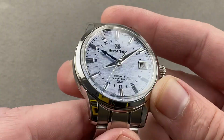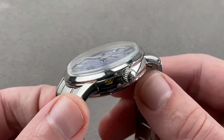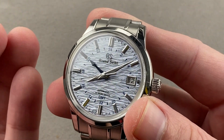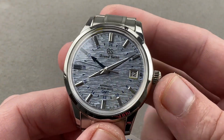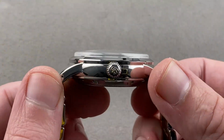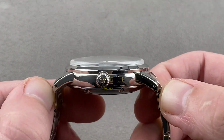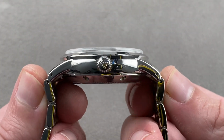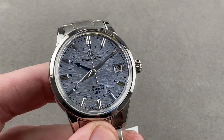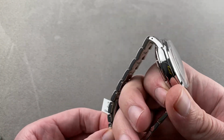So the timepiece, part of the Elegance collection, features a case evocative of the original 1960 Grand Seiko. So we're looking backwards with nostalgia, but we're also looking forwards. It's a modern-sized men's dress complication, 39.5 millimeters in steel, 14.4 millimeters thick, 47.1 millimeters from lug tip to lug tip, and if you measure the end links, it is 50.4 millimeters across the wrist with a 19 millimeter spacing between the lugs. We will put it on my wrist, which is 16 centimeters in circumference, and get a look